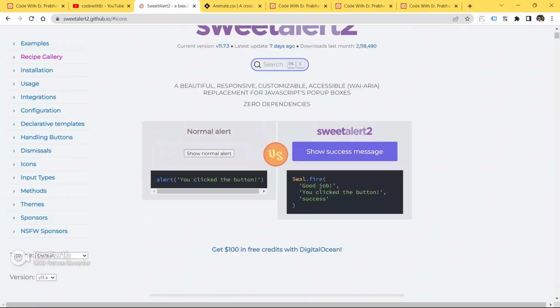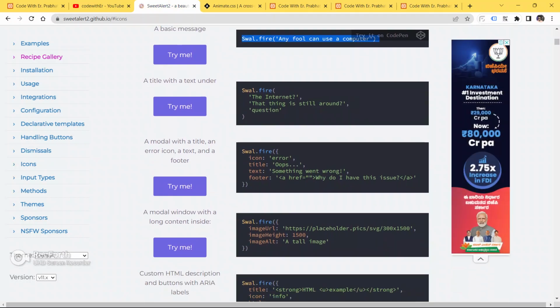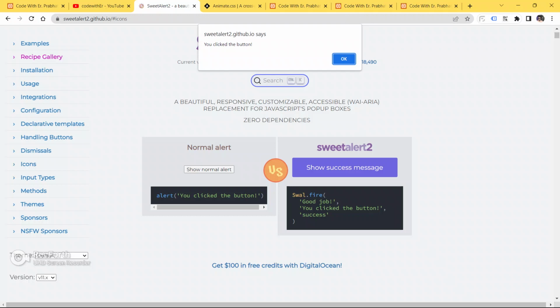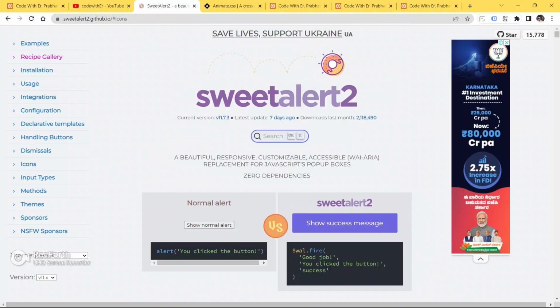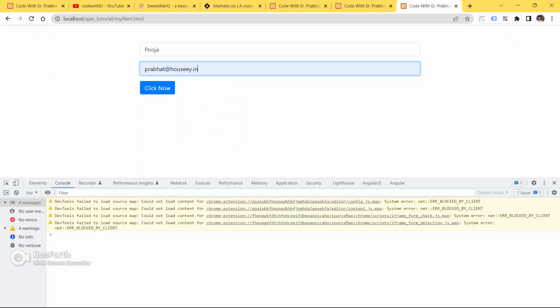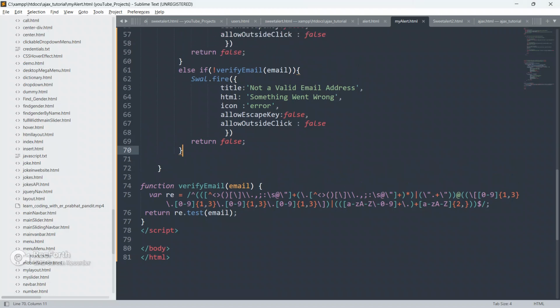Okay, something went wrong. As I already said, guys, this switch alert pop-up is fully dynamic and fully functional. I would recommend you use this alert in your project and forget the normal alert. Don't use the normal alert from now onwards. It is fully functional and fully dynamic. Okay, so let's go back to the code, give an email address. See, nothing is happening, no alert, no error message. So go back to your code now and start writing again.